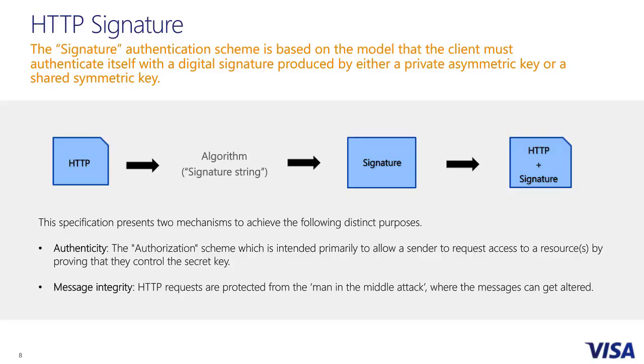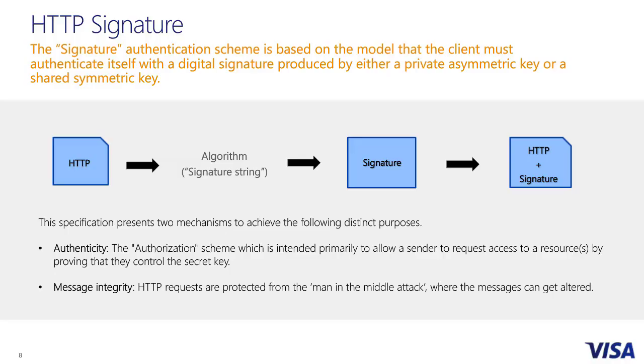So HTTP signature. So guys, HTTP signature is a form of digital signature. Digital signature is basically where you use your private key to encode the data, and someone with your public key can decode that encoded data to arrive at the actual data. Now this provides two particular things. One is it verifies that it was actually sent by you. The second thing that it provides is that the message was intact. It wasn't tampered with.